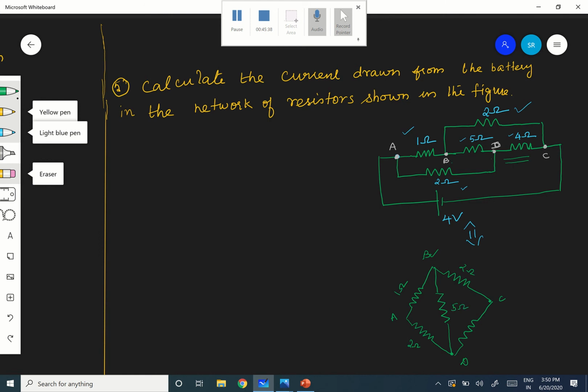Correct? And A and C in the terminal is connected to a battery. So, I am connecting the battery here. That's all. This is the equivalent circuit of it. Therefore, it is 4 volt. Okay, the current is going like this, and let the current that is going be I. Okay, you have to calculate the current only, it is I.